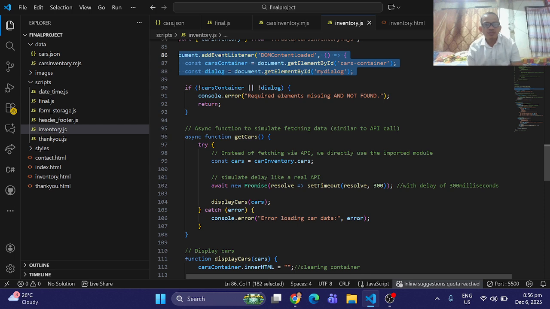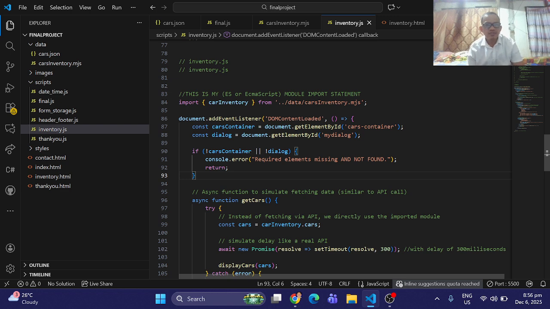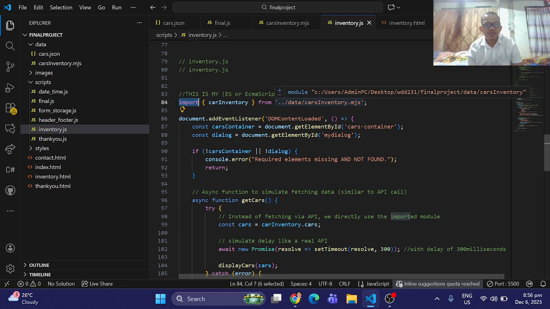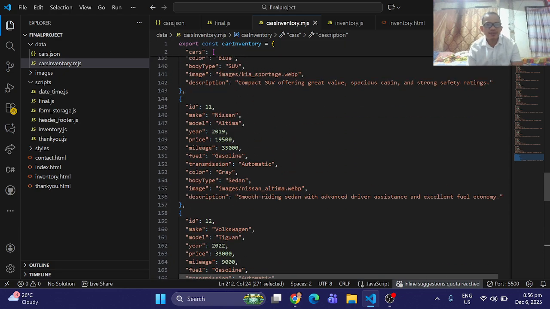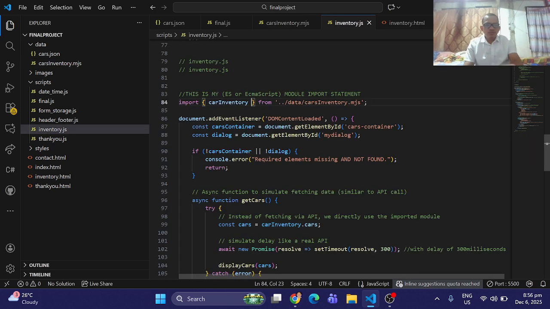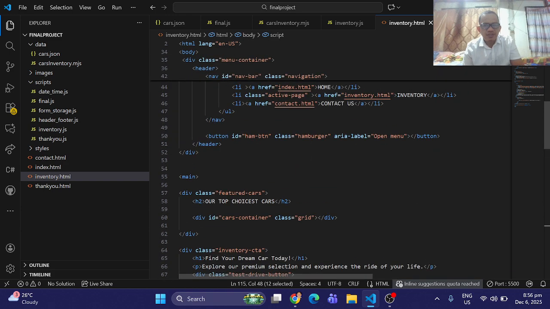Okay. So here I also load the DOM. First is to import the file from cars inventory MJS, with our constant variable car inventory. And then we load the DOM and target the cars container in the inventory HTML.